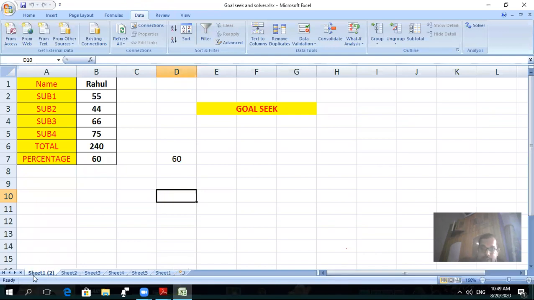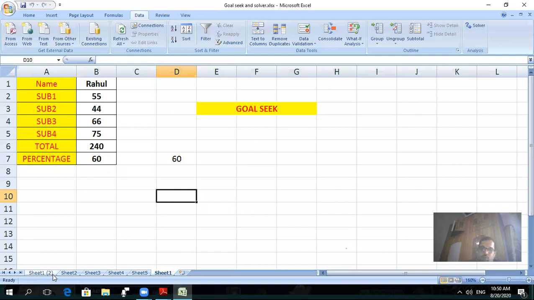Now see here, Sheet1 (2) and Sheet1 at the last. So a copy of sheet 1 is generated. Means now I have copied this sheet 1 from the last and shifted it to the beginning. How have we done this? We have done this with the help of the CTRL key.